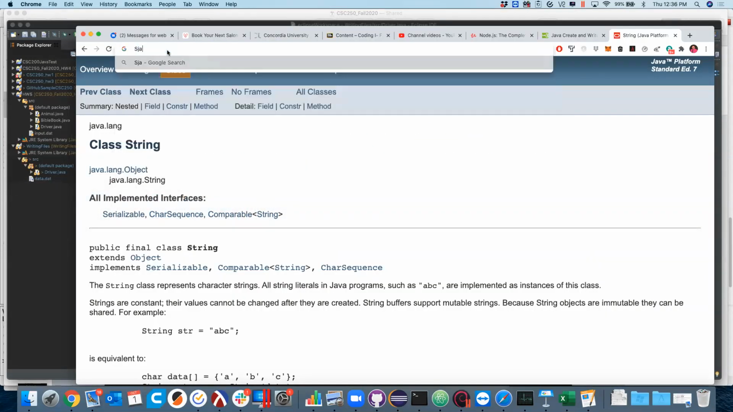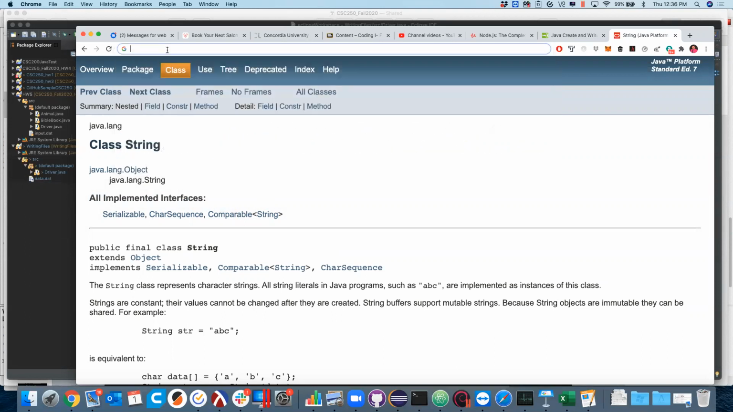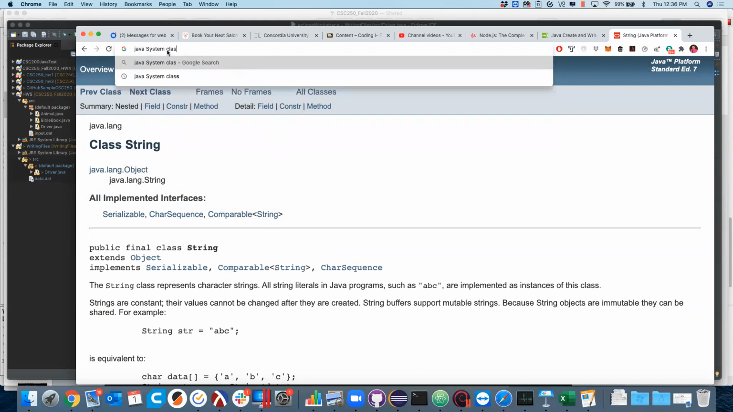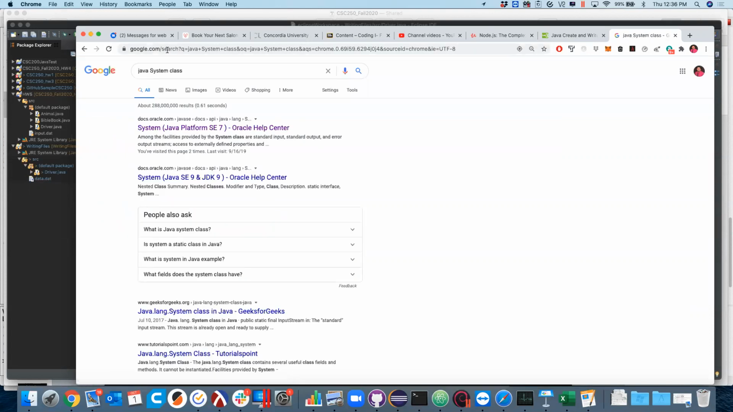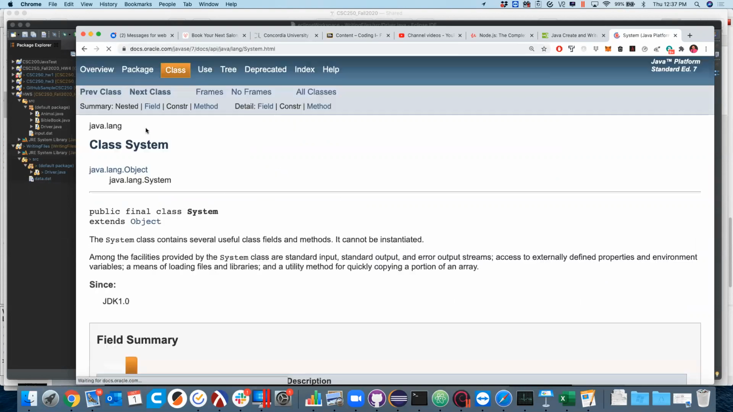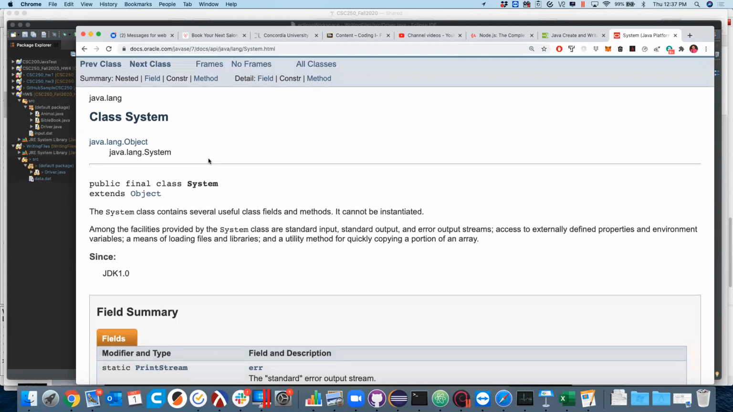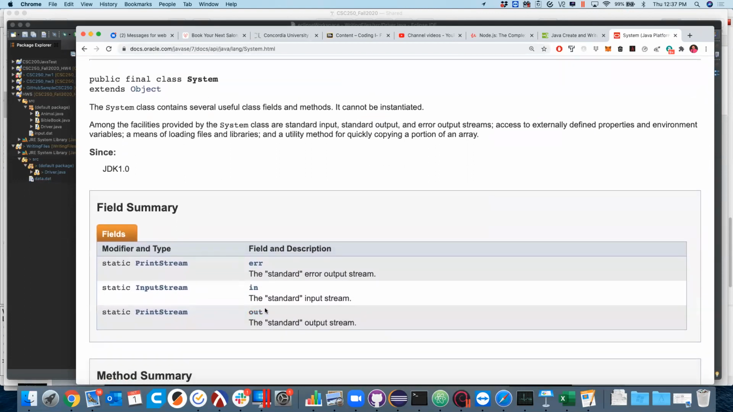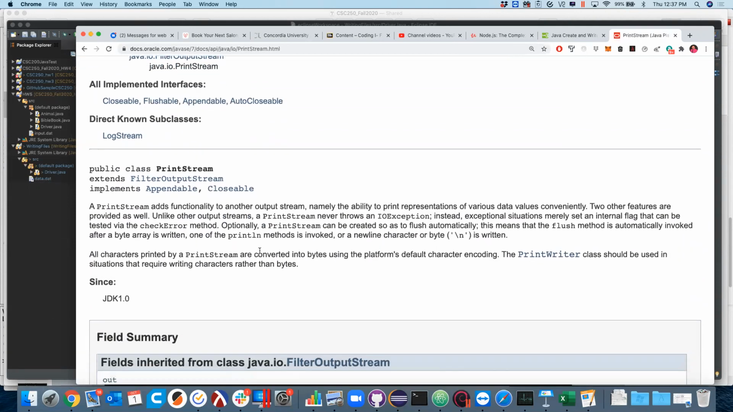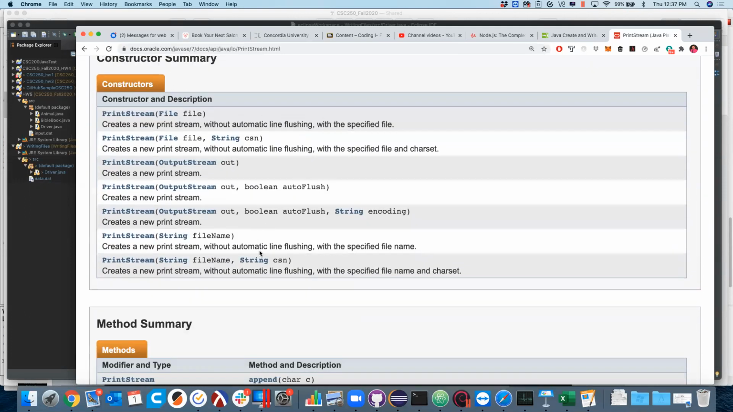Okay, so I'll do Java System class, because that's how we know how to get to it, right? System, name of a class probably, because it starts with a capital letter. So here's the Java System class. We'll see that this guy has a field summary, and one of those fields is called out. It's a static field. That means it's owned by the class, hence System.out. Make sense? So I'll go ahead and click on PrintStream. Let's see what out is. He's one of these guys. So PrintStream,